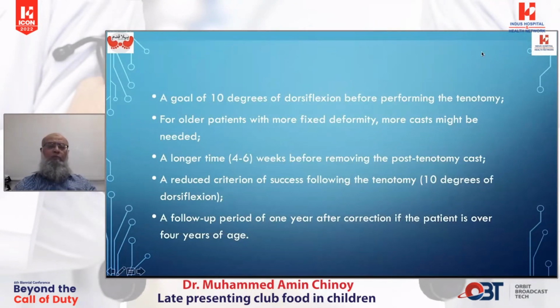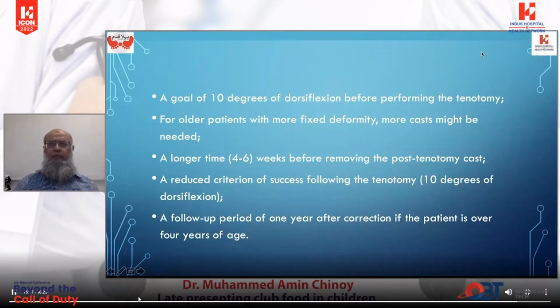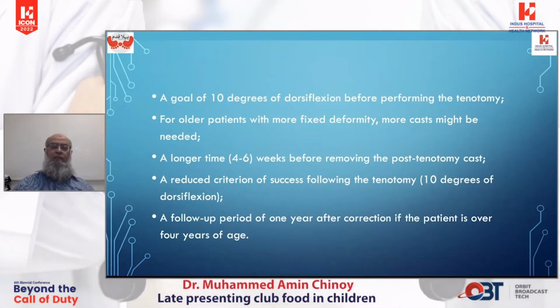A few important things to remember here, in between these 2 groups of untreated not walking and untreated walking, is that the goal of 10 degrees of dorsiflexion before performing the tenotomy is very much necessary in the child who is of walking age. Sometimes in older children with more fixed deformities, more casts might be needed. Sometimes once the tenotomy has been performed in a walking child, at least 6 weeks cast,